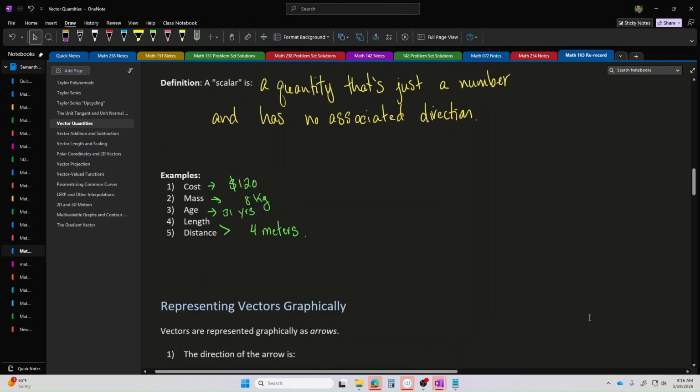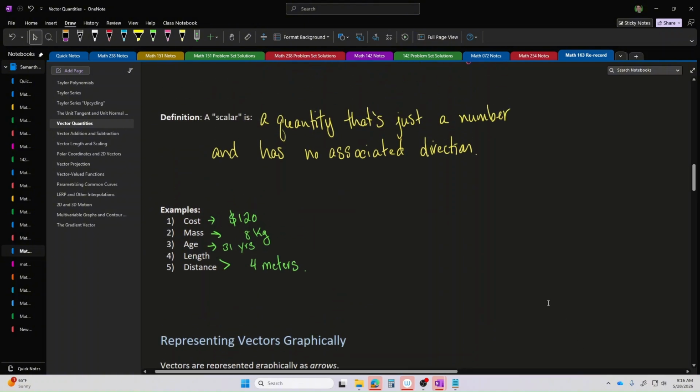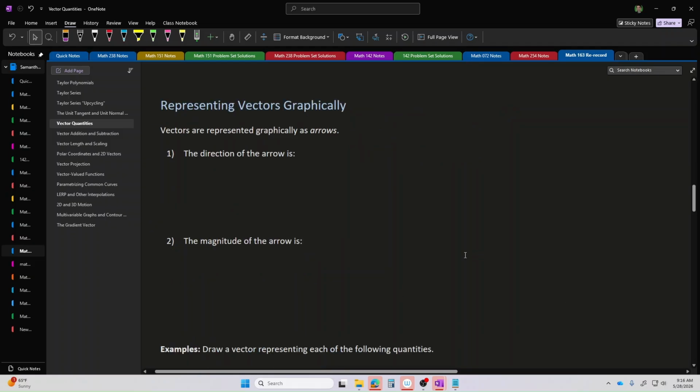So you're going to hear me using these words often throughout the class, scalar and vector. Vector, a quantity that's number and direction. Scalar, a quantity that's just a number. Now, vectors can be represented graphically, and when we draw a picture that represents a vector, we draw the vector